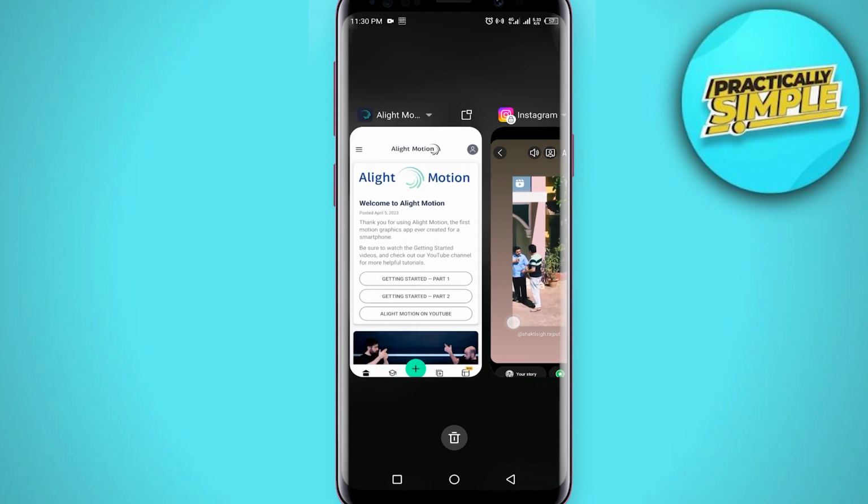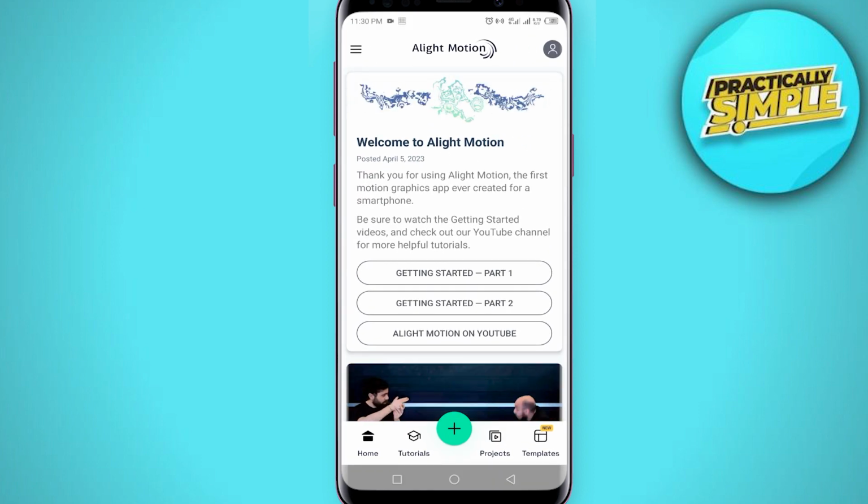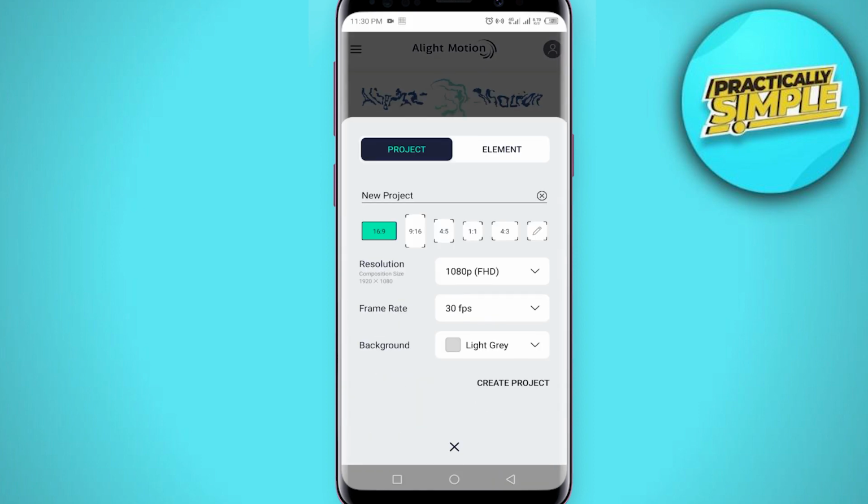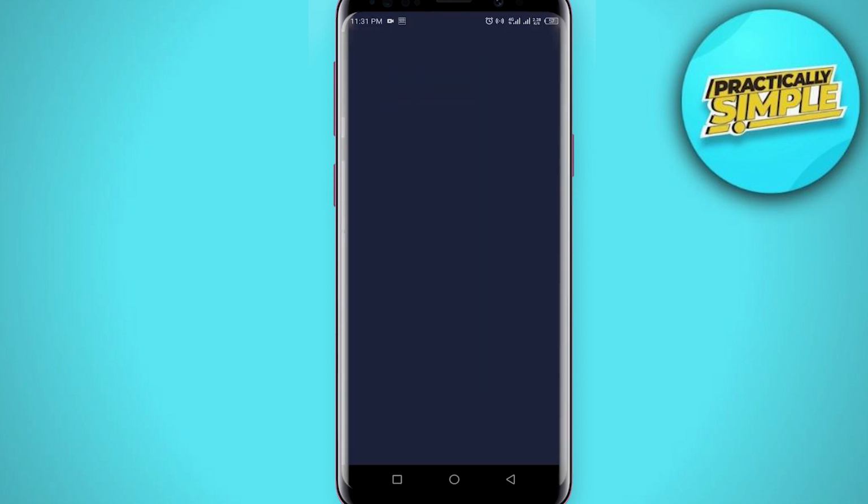So after that you just have to come to this application, Alight Motion, and tap on this plus icon. You just have to make sure to select this resolution, 1080 by 2320. I'm going for black color, and then after selecting the size you just have to tap on this create project,